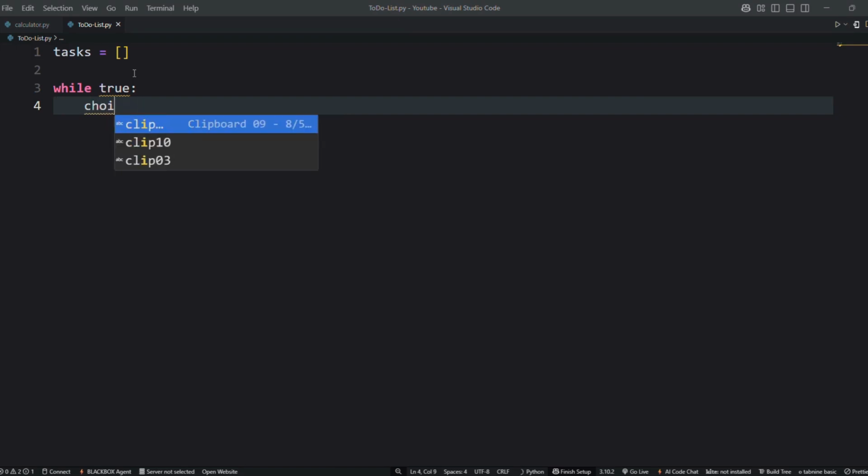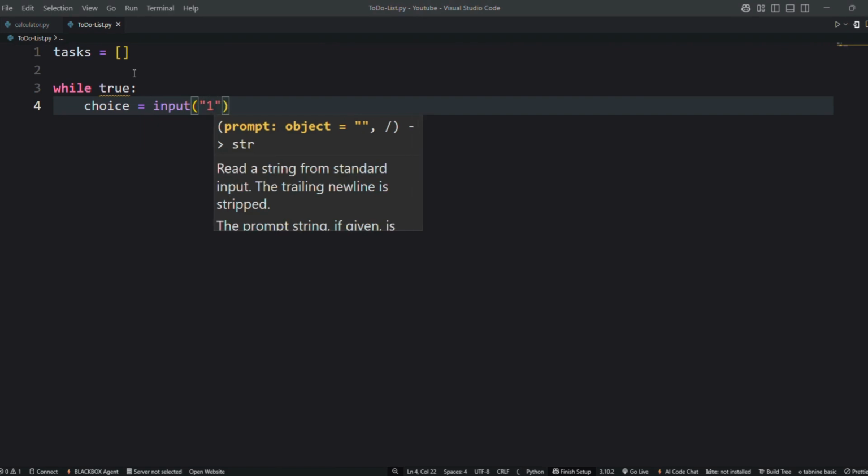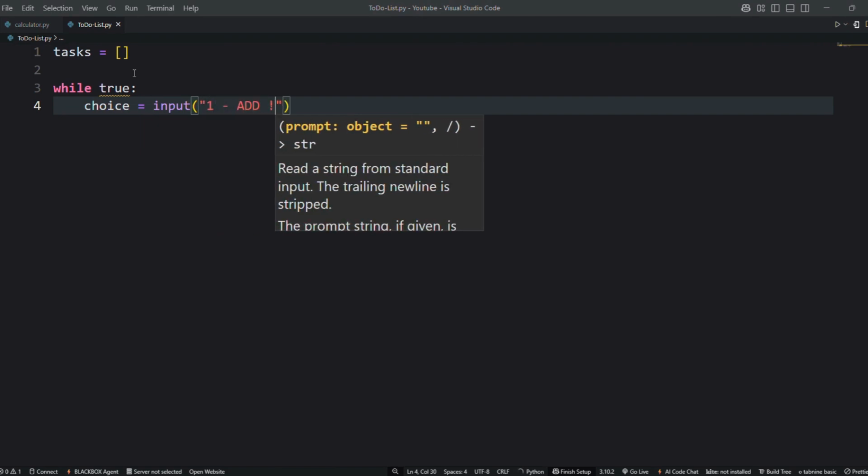Now let's build a very simple to-do list application. We'll give the user 3 options: add a task, view tasks or exit.